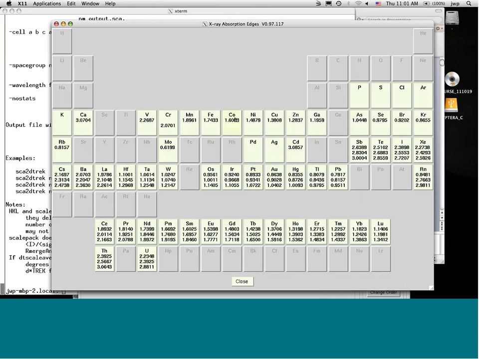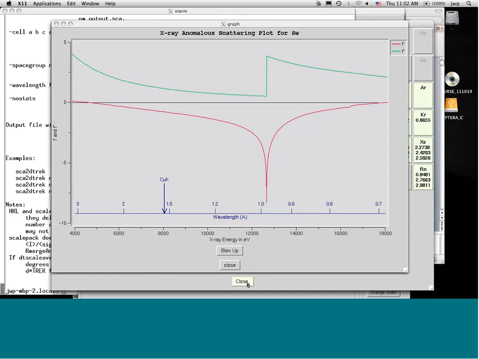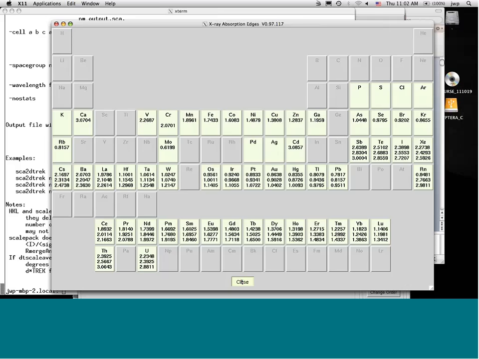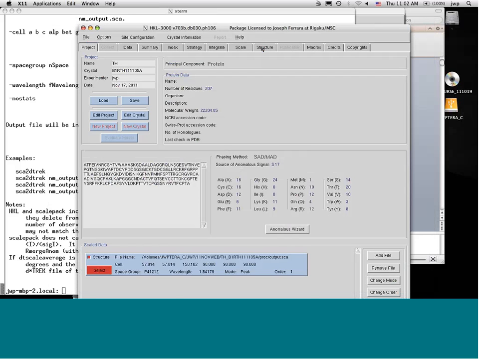Okay, so with the anomalous wizard, for example, you can still plug in seleniums and so on. I think at 2.8 angstrom resolution, it's going to be a little bit more difficult, but what can happen here